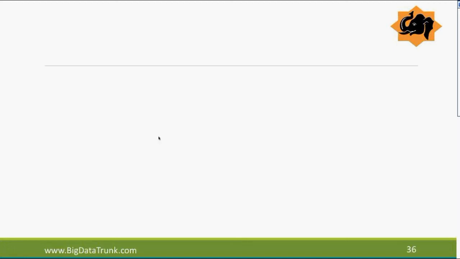But let's take a simple example. Let's say we're trying to solve this problem. We have a huge basket of fruits, even artificial fruits, that's fine, plastic fruits. And we have all these bananas and apples and everything in the huge basket. Our goal is to segregate them. Put all the bananas on one side, put all the apples on one side. Just do segregation of that, right?